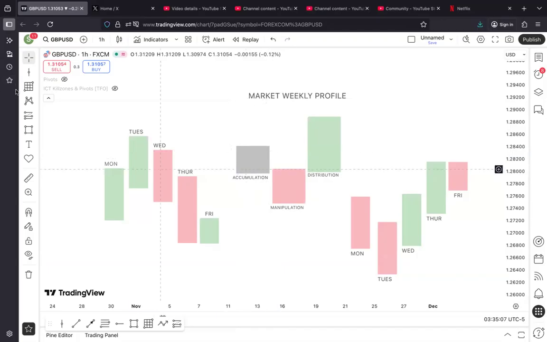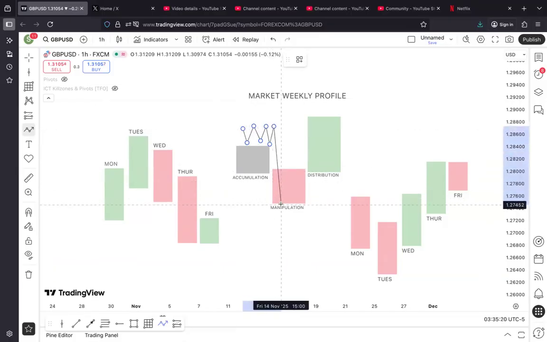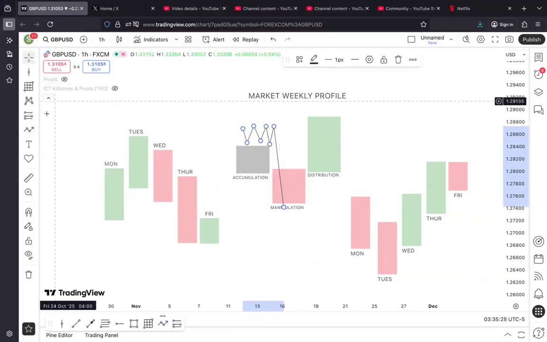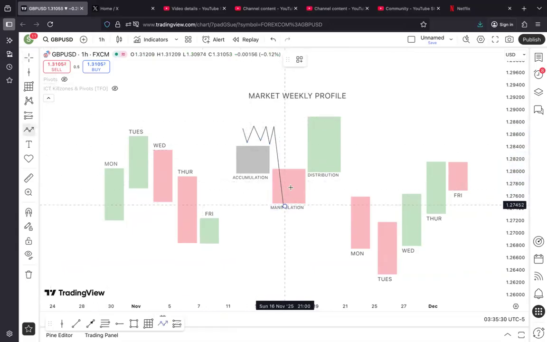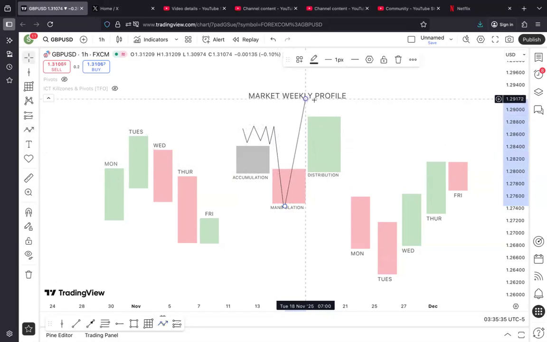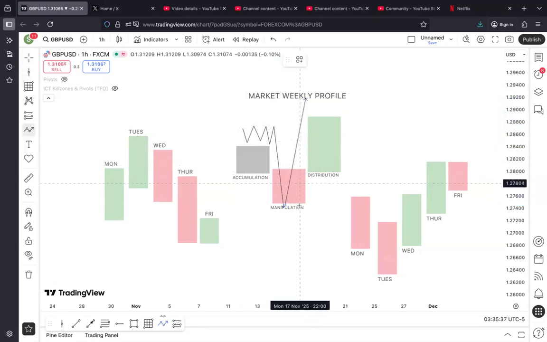This is the accumulation phase where you really do not have anything going on. You just have candles going up and down randomly without any significant move. Then after which you have the manipulation phase, which is where most people get faked out and induced to sell to the downside, after which price would knock them out and go to the actual direction. Then after the manipulation, you have distribution, which is sometimes called expansion. Then price would most likely close around here.